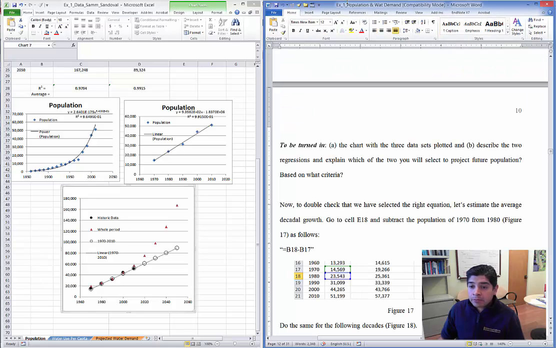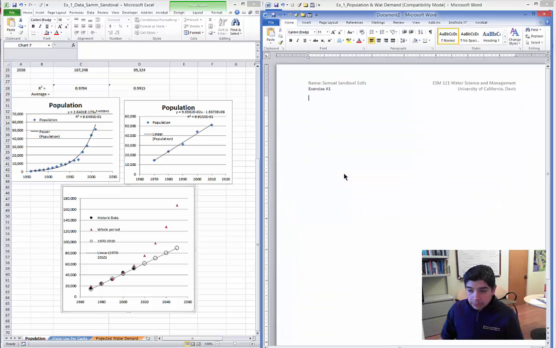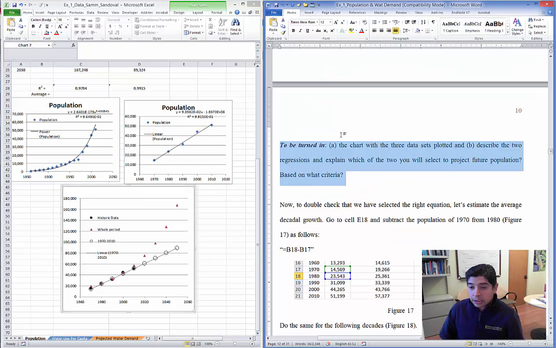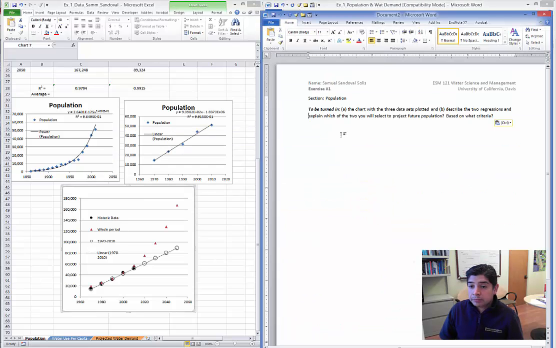Okay, so now coming back here to be turned in, please try to write down in which section we are. We are in the section of population of this exercise, that's the section that we are in. Now here, what we're going to do is this. I just copy this, paste it here,